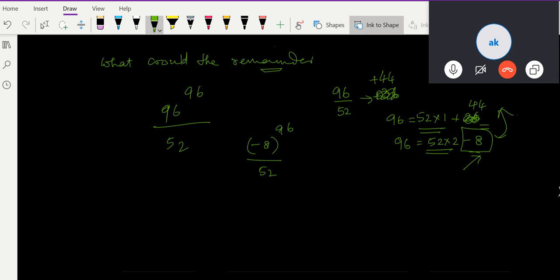Now you observe minus 1 to the power 96 will be plus 1. Minus 1 to an even power is plus 1. Correct? So this becomes,